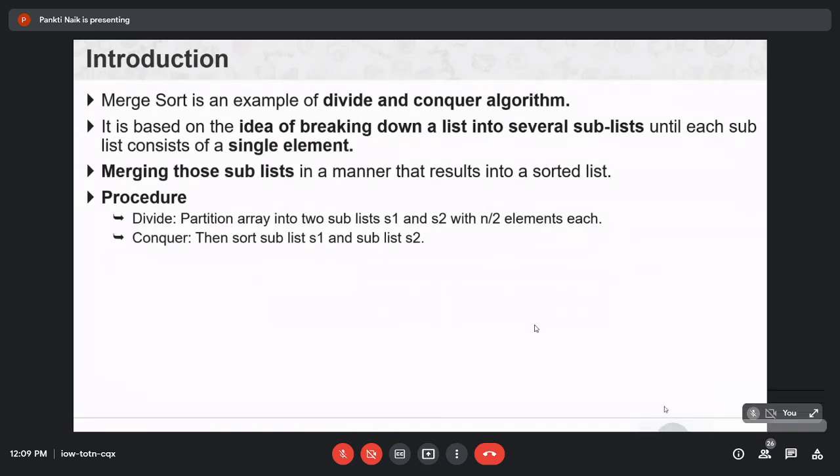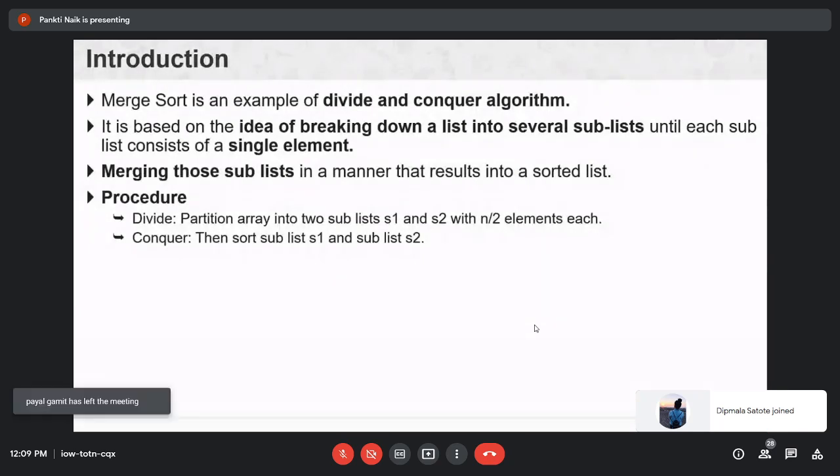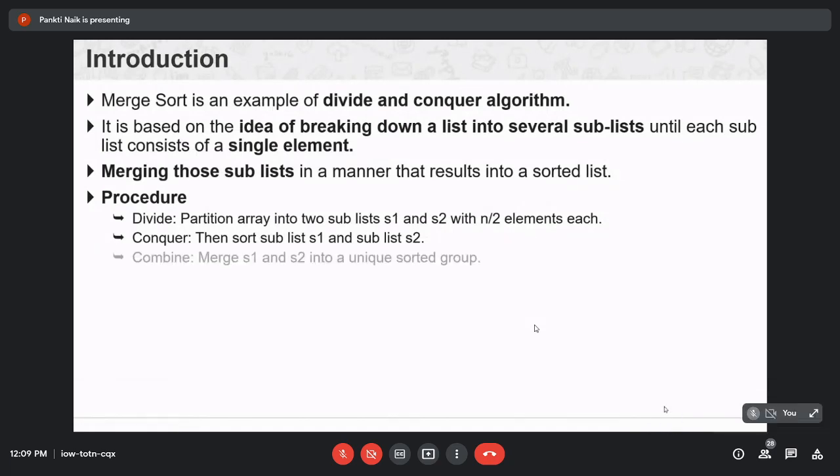So first divide S1 into two partitions. If after partition of S2 you again do not get single elements, then again partition, until you get a single element list. Then after this, sort sublists S1 and S2. Then at the end merge S1 and S2 into a unique sorted group.